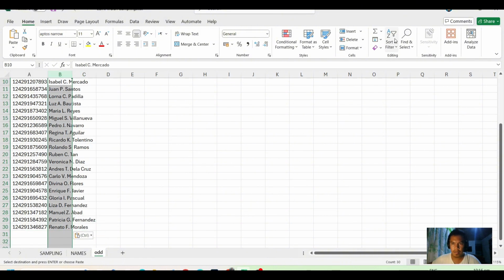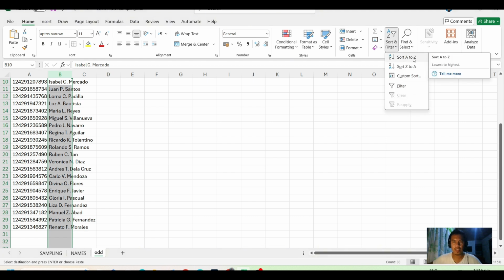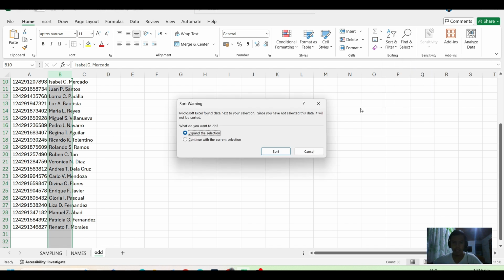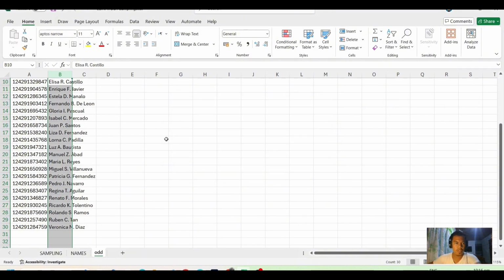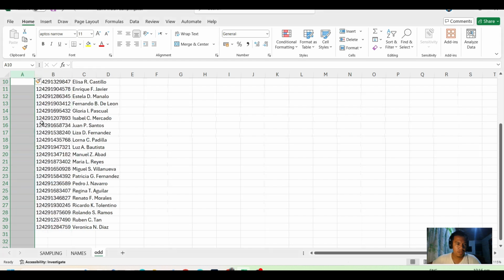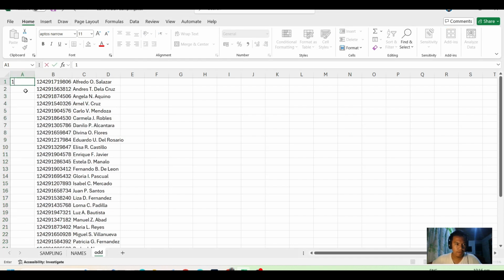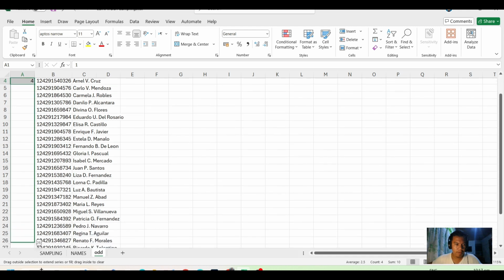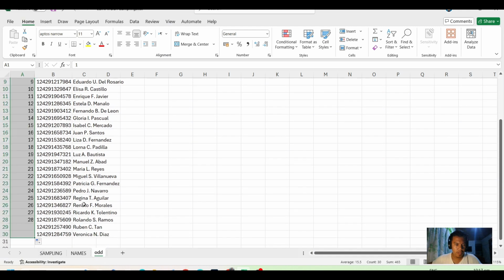Then, for the purpose of alphabetical order for the list of the actual examinees, sort this out from A to Z. Then expand selection, sort, and we will insert numbering. Copy and paste. So you got 30 learners.